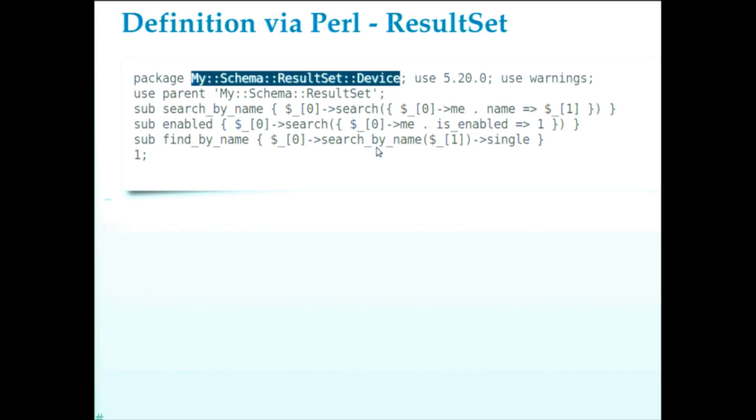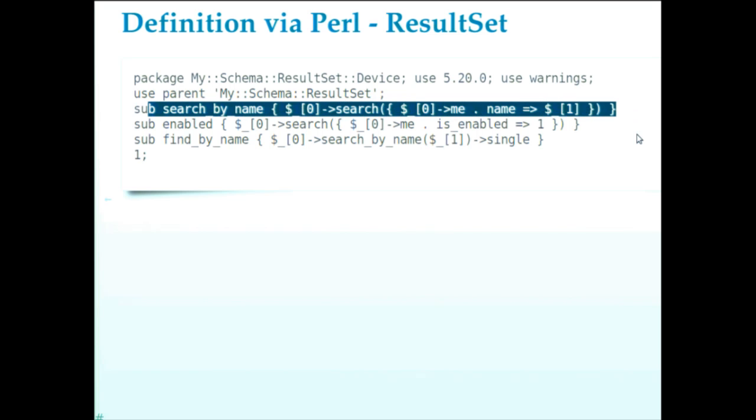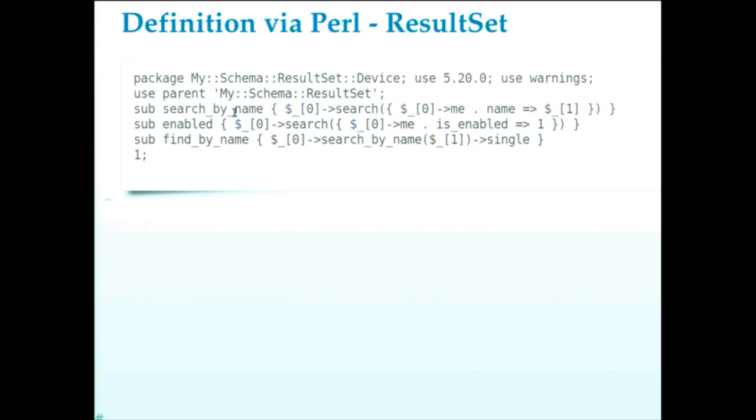So when you go to your schema and you go to pull out some devices, you have all these methods at your fingertips. So for example, I've added a search by name method that you can call by passing a name to search by name. And really, because it's DBIC, you could pass an array ref and it would do ORs, etc. But that's not important. The real issue here is that you have this method in the result set for devices. I've used me here to ensure that you have the right